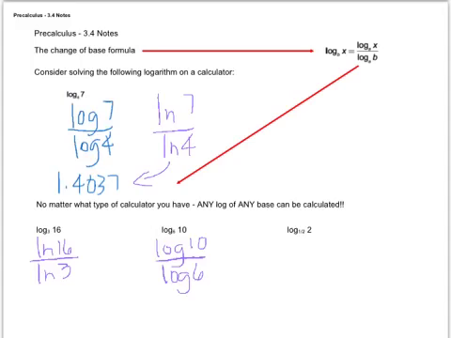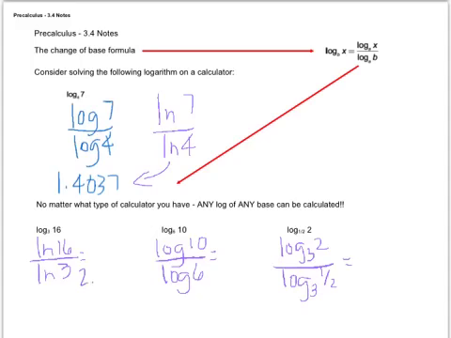Or if we wanted to go super crazy, if you've got a fancy calculator, log base 3 of 2 over log base 3 of a half. All of those will give you the correct answers for each of these logarithms. So if you can't do that last one with the calculator that you're on, that's okay. You can just use a natural log or a common log. But on that first guy, log 16 divided by log 3 is